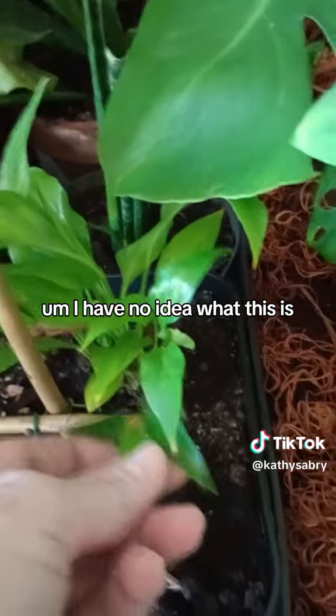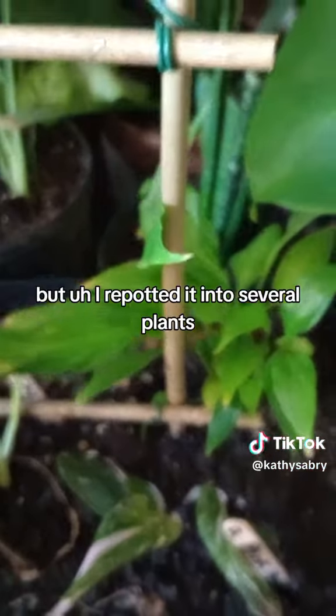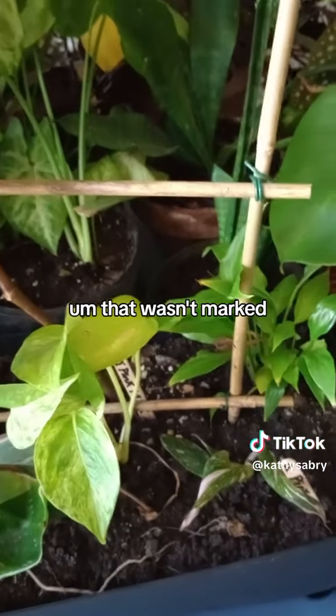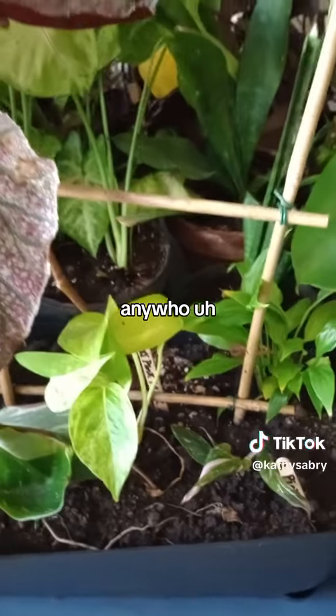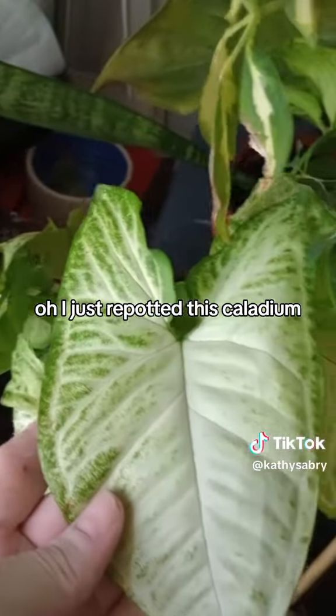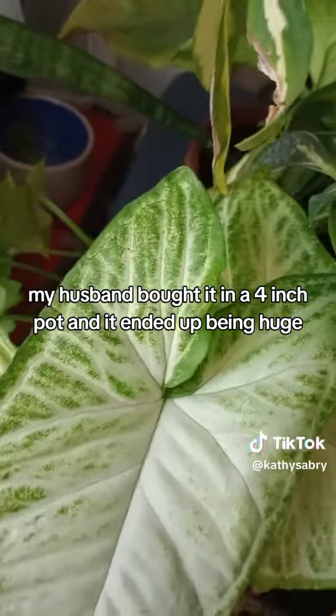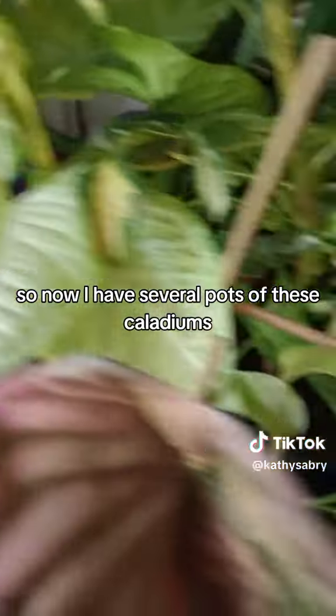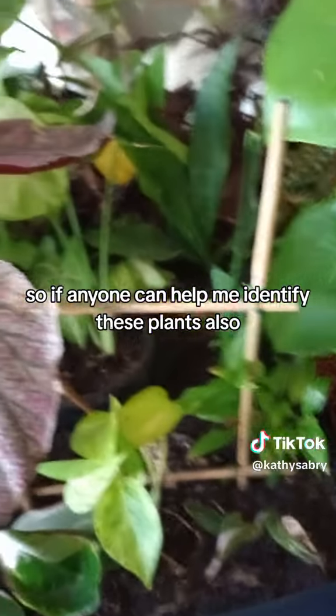I have no idea what this is, but I repotted it into several plants because it wasn't marked. Anywho, for you plant people out there, I also just repotted this caladium. My husband bought it in a 4-inch pot and it ended up being huge, so now I have several pots of these caladiums. So if anyone can help me identify these plants, also,